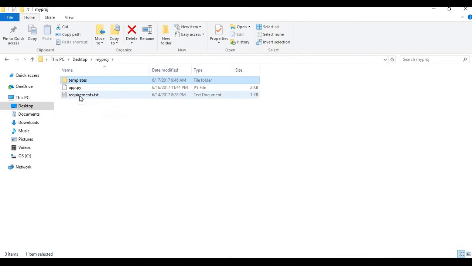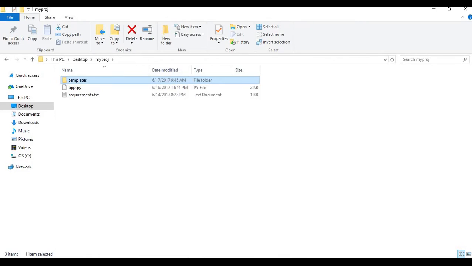Now what is this requirements.txt file doing? Okay, so this file contains all the requirements, that is all the dependencies required for the project. There can be one more folder called static, which will contain all the CSS files and all the images and all the static things which are constant and are not going to change much during the development of your project. Okay, let's see how to create this project.